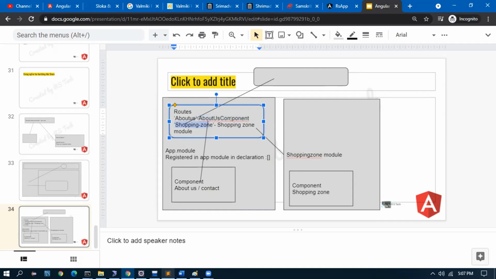It is going to refer to the shopping zone module. Inside this module, many components would have registered. That is not known by the app module. He is not at all bothered about it. How many components are registered in the shopping zone module? This guy is not worried.